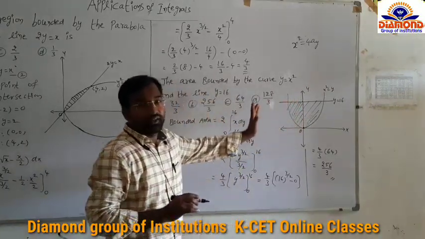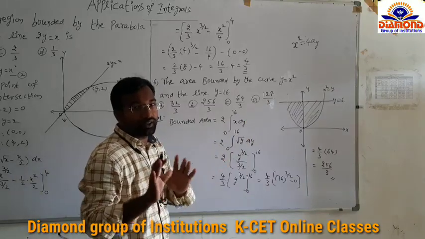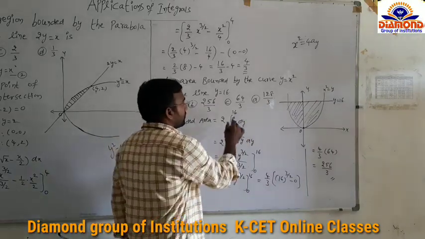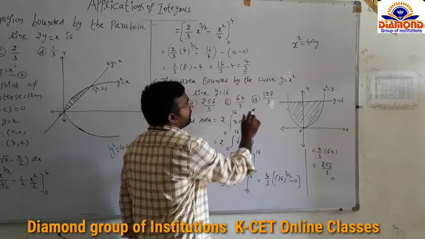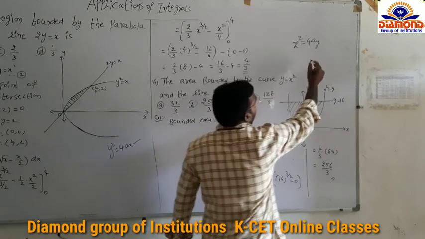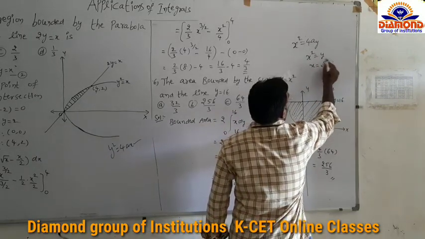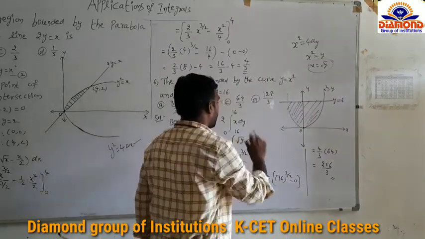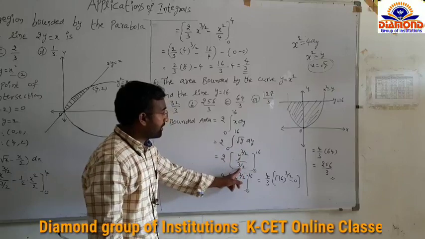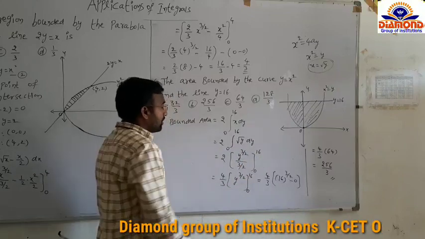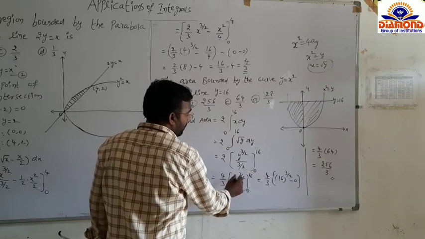Here bounded area you are finding with respect to y-axis. That's why you can take integration c to d x dy. So x function in terms of y only. That's why here 0 to 16 x dy. So 2 into integration 0 to 16. X is nothing but what? From here, x square equal to y, so x equal to root y. Substitute here root y dy. So root y integration is y power 3 by 2 by 3 by 2. Limits 0 to 16. So here 2 by 3 by 2 is nothing but 4 by 3, 4 by 3 of y power 3 by 2.